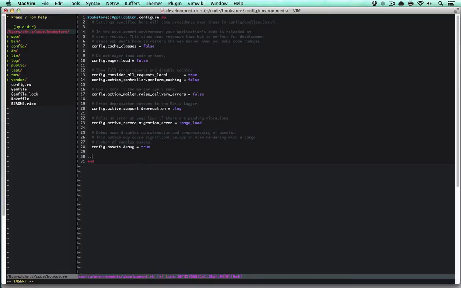And that is config.action_mailer.default_url_options. And we're going to set this equal to a hash with the host key's value set to localhost:3000,